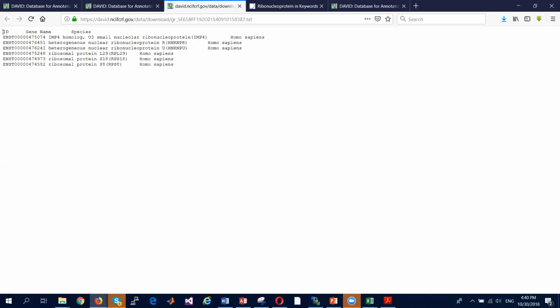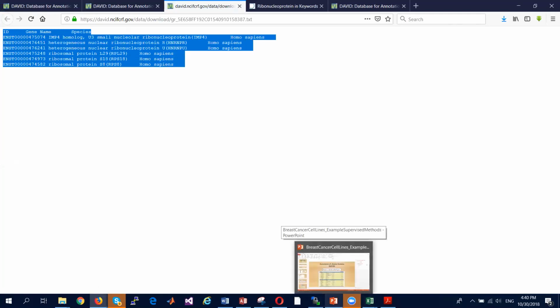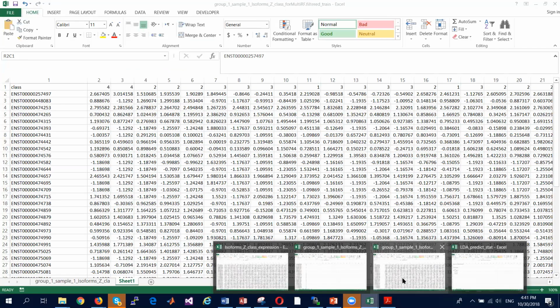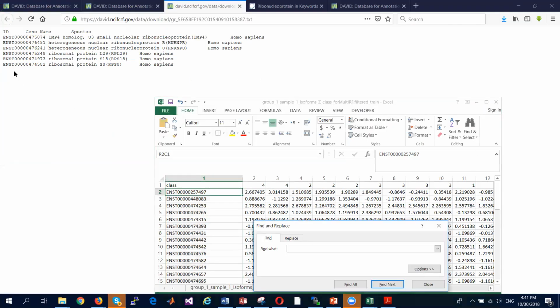So we can choose these proteins from our table. We can download the file. There are different ways of doing it. Of course, you can do it by hand. You can do it with Access, just to find these proteins in your table. Right now, maybe it will be just easier to find them by hand. Find. For